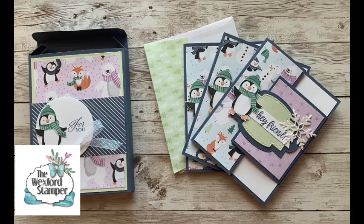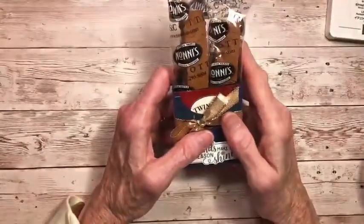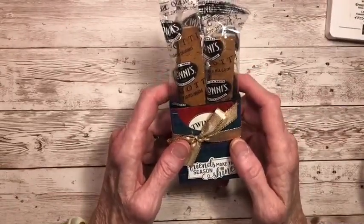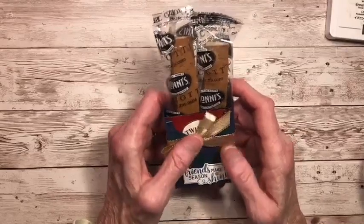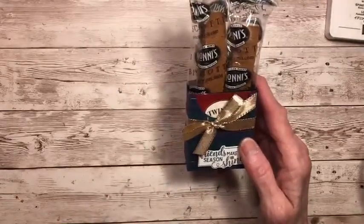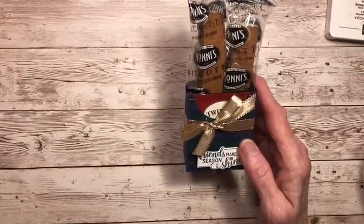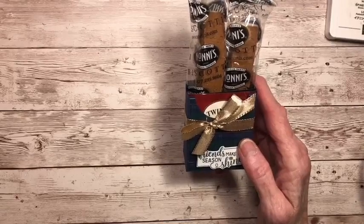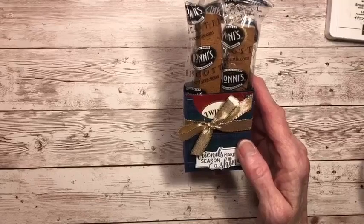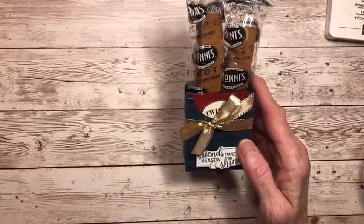But coming up even sooner than that, I have my open house. And I usually do vendor shows, but this year I have just not had time. And with COVID, I was kind of on the fence. So I decided I'm just going to have one here at my home. So on Saturday, I'm having a Christmas shop open house. And most of you have hopefully gotten an invitation, and I have an event out there that I am posting daily, some of the projects that we're going to have